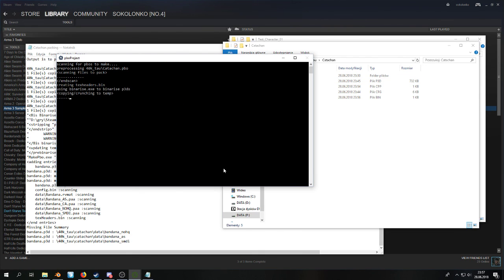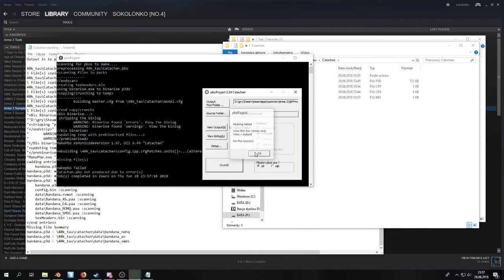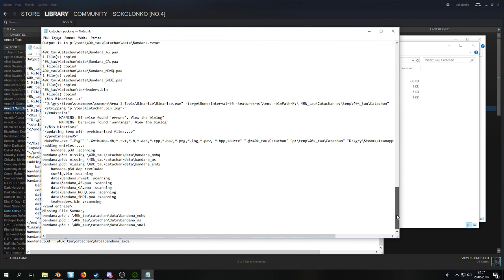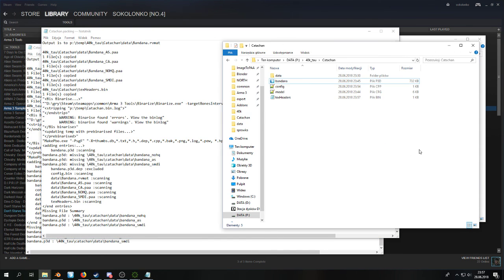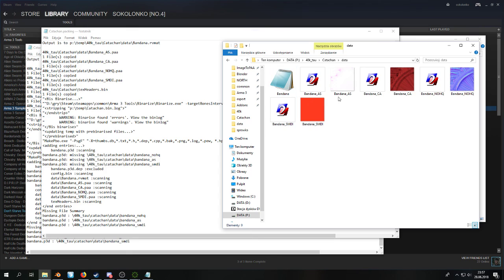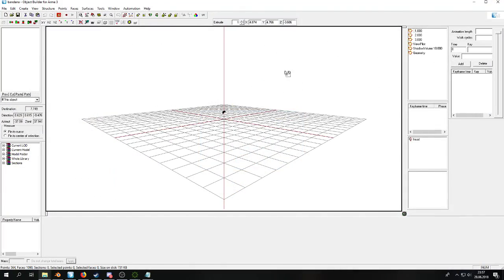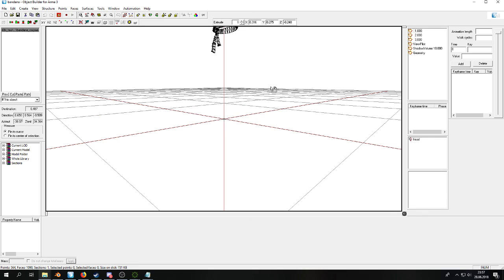Okay, I think it's... no, because it also sometimes fixes it. Bandana p3d is missing 40k tau catachan data bandana. But if you go to 40k tau catachan data bandana no HQ, the files are here. Well, this is your daily dose of Arma. Let's take a look at the